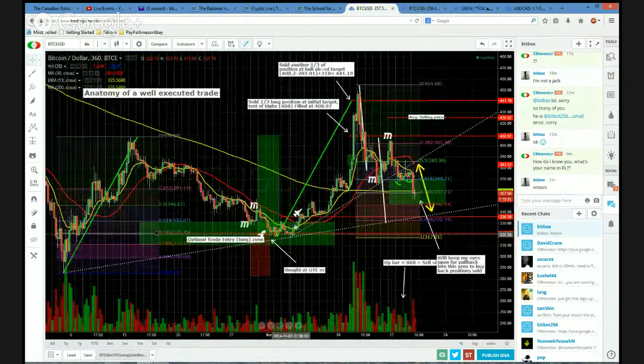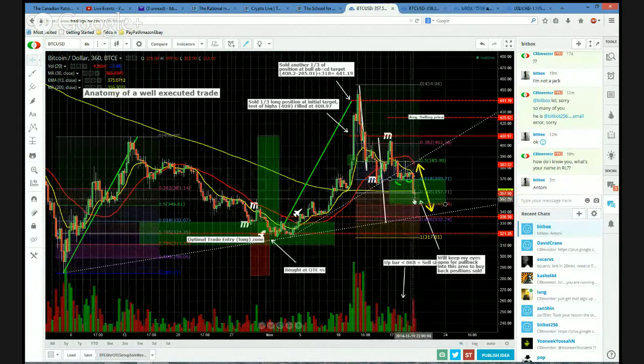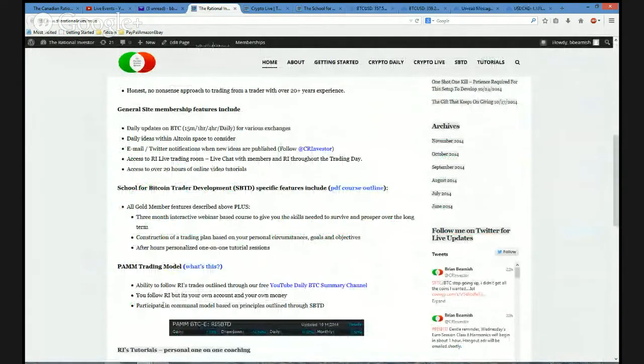Basically, we bought some coins in here, sold some coins up here, sold some coins up here. So our average selling price is here. We still have a bit of coins left on the books. And we're actually thinking about maybe going and buying those coins back. But nonetheless, the point here is that we do run the PAM service, sitting on a paltry gain here for the year to date. Really, I'm not too concerned about this, considering there's only a $200 account, and the commissions that they charge on this